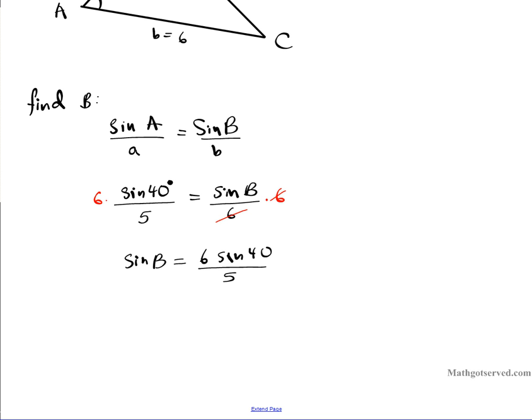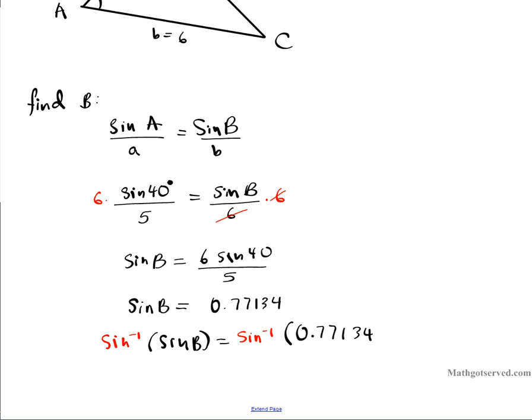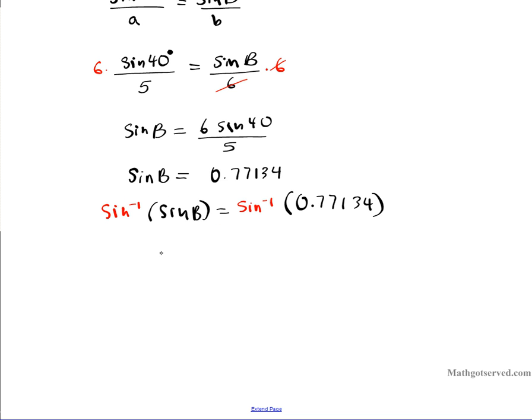If you plug that in your calculator, you're going to have sine b equals 0.77134 to 5 decimal places. Now we're going to take the inverse sine of both sides. So inverse sine of sine b on the right side equals inverse sine of 0.77134. So now this is where you're going to have the ambiguity, because b is equal to